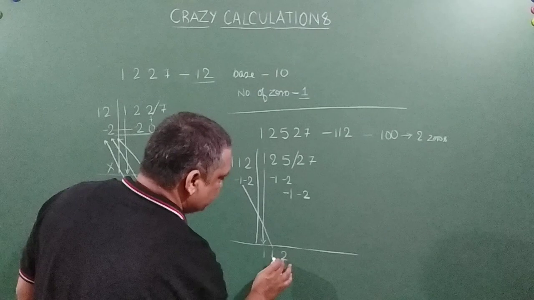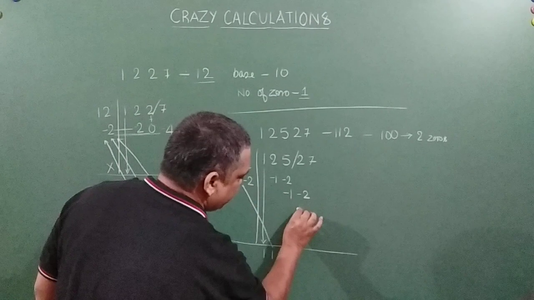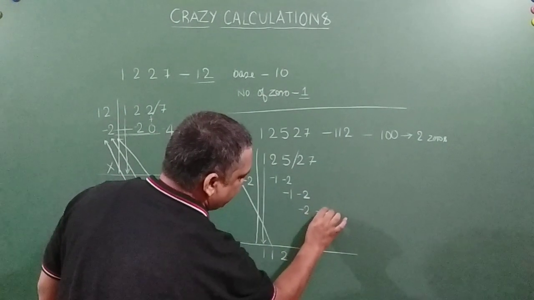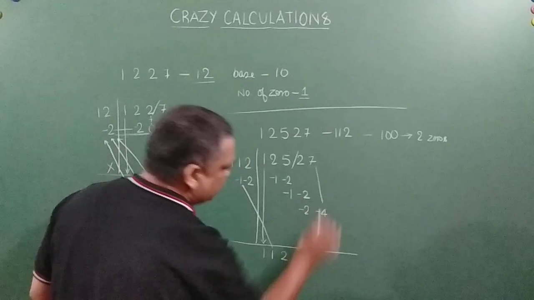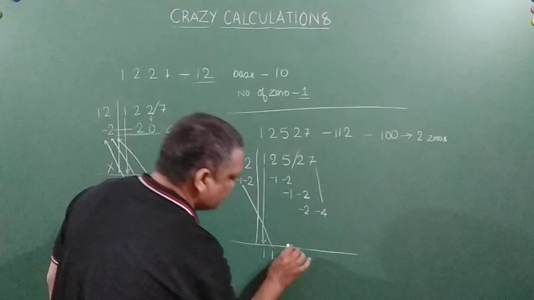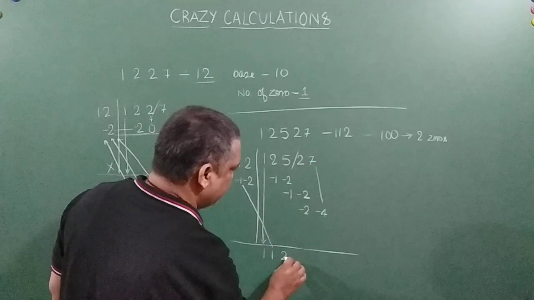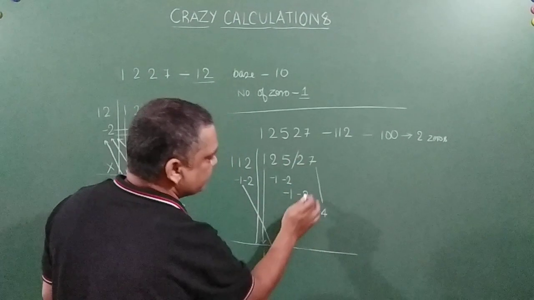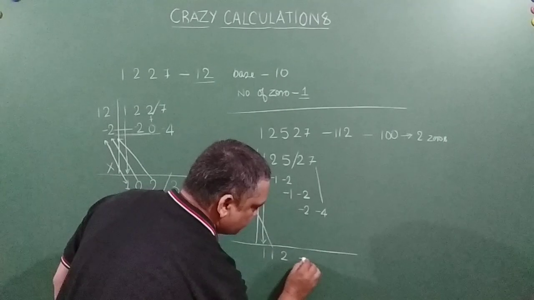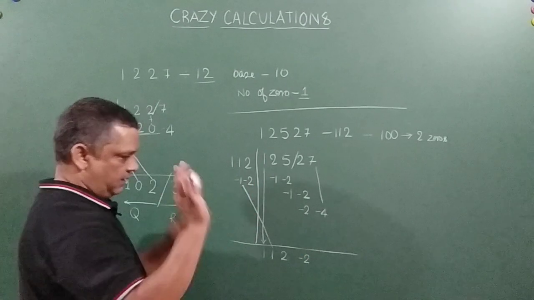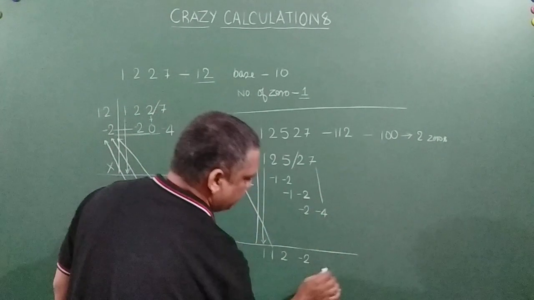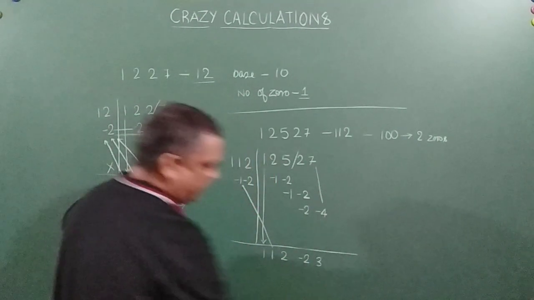Now 2 has come. So 2 into minus 1 is minus 2. Right? And 2 into minus 2 is nothing but minus 4. I have reached here, so no more further multiplication. Stop it. Right? So now the third column we operated. Now I will operate the fourth column. This is minus 4 and this is 2. Right? So my answer is minus 2. Correct? Leave it in that place. This is 7 minus 4, that is equal to 3.